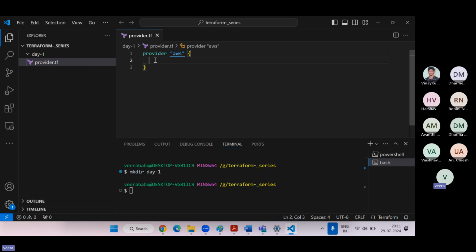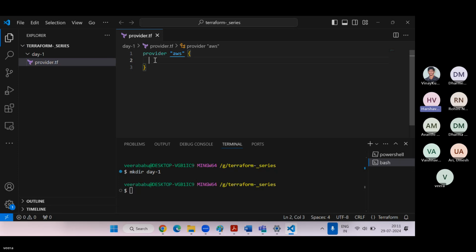Veera, on your end, your screen again got stuck here. It's in VS Code, in the provider.tf file only, Veera. There is nothing changed in that. Okay, I will write something in one more file. Are you able to see? No, Veera, it's the same.